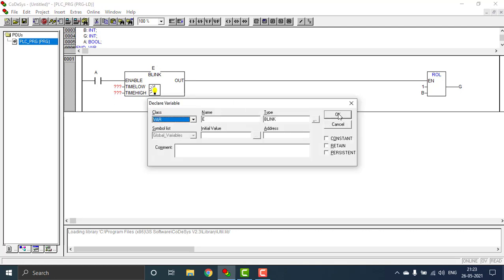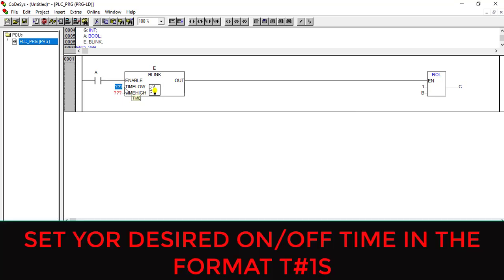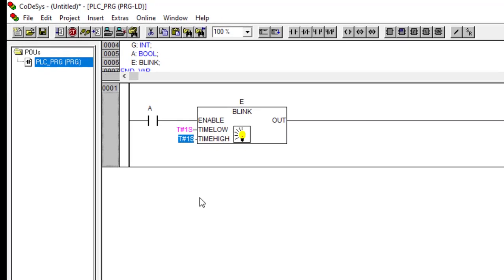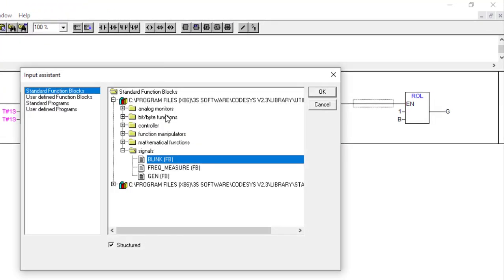You can see the type will be BLINK, and I have to set the time as T#1s, and the time high will also be T#1s. The low and high time will be 1 second for the blink, so that will be blinking every second. So next thing, I don't want to use only the blink, I want to use only the pulse.